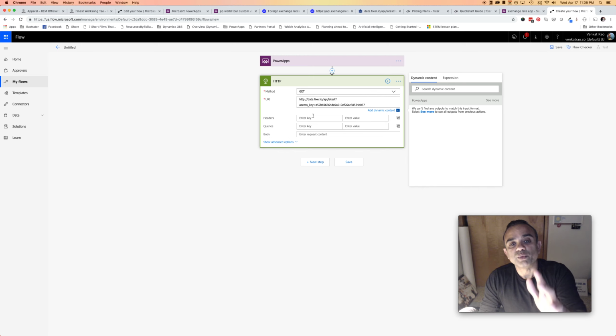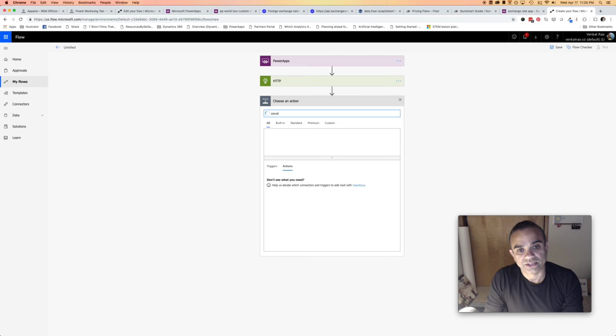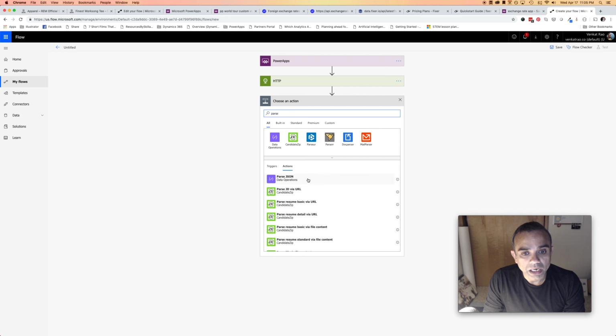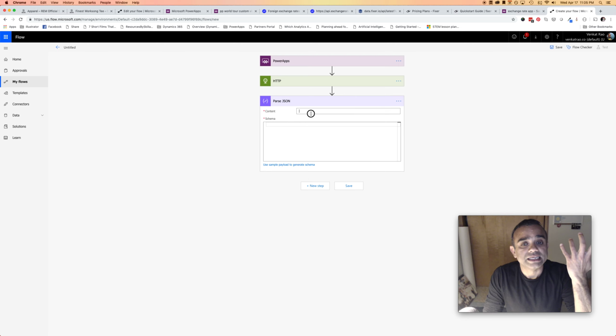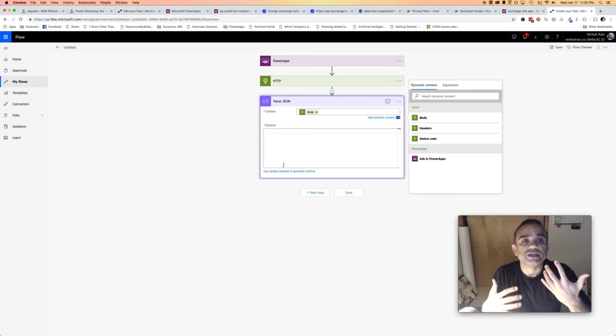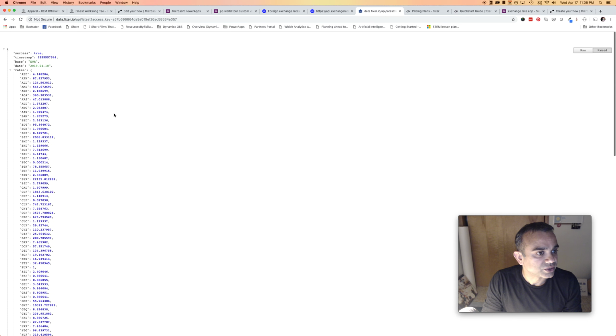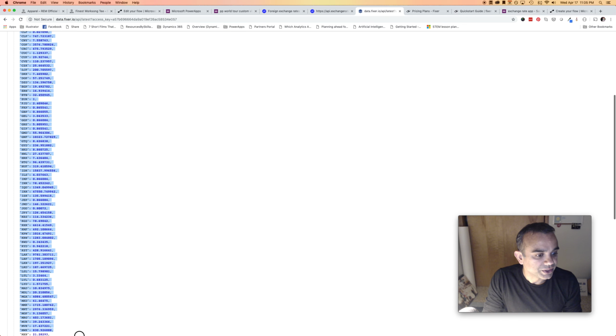So now what happens is when we get information from this URL, it's going to give us information in the form of a JSON file. And what we need to do is we need to parse that JSON. Essentially we're telling Flow that, look, this is the JSON file. It's bringing in certain information that's in the body of the content. And then you would also want to let Flow know the format of the JSON file. The format is basically this right here. So all of this, we can just copy this,